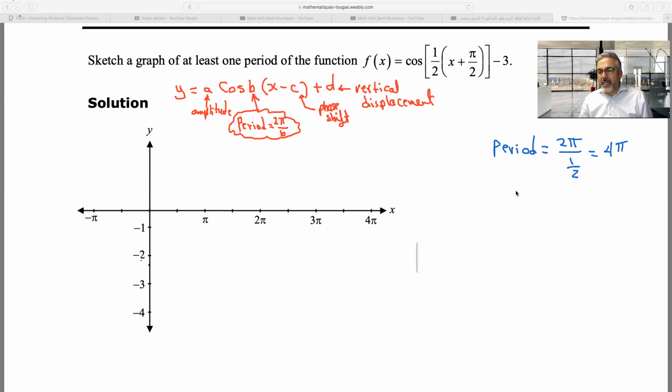Usually I like to find my scale, and the scale is the period over 4. I'm not going to find the scale with this one because everything is obvious, but let's say the period that you were graphing was 2 pi over 3, then you really have to have a scale so you could see where everything falls. But this one is straightforward. So the period here is 4 pi,